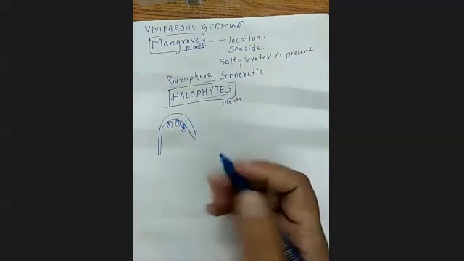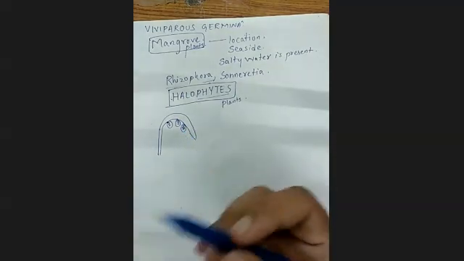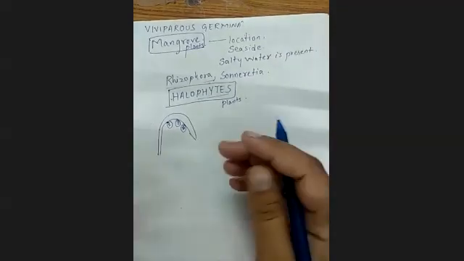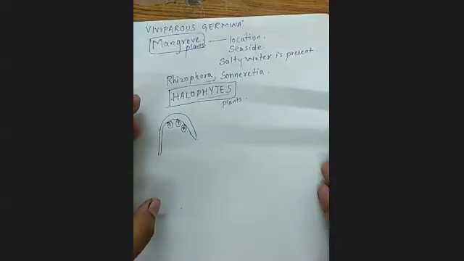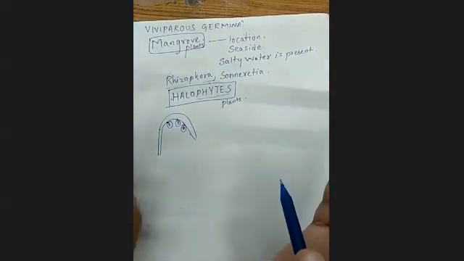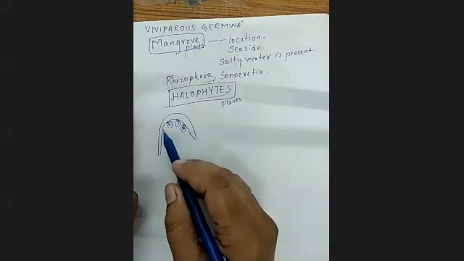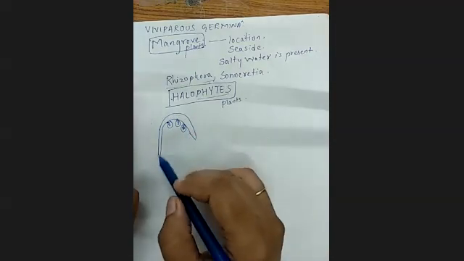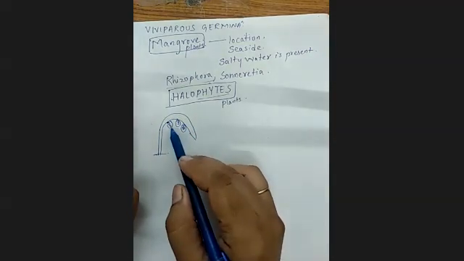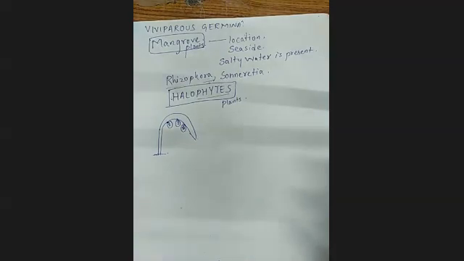Normally, with other plants we have studied till now, the plant drops the fruit. First of all, the fruit falls on the ground and bursts. It releases seeds on the ground, then all the seeds germinate. But this is not happening with this type of plant. Here the fruit is still hanging, still attached to the parent. Now the seed starts germinating inside it. That means the plumule and radicle start elongating inside it.